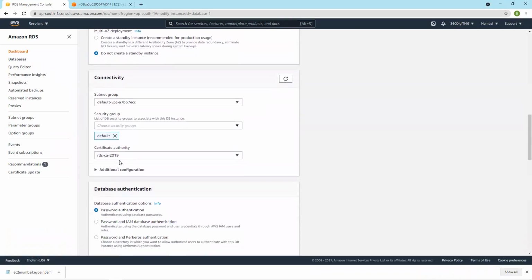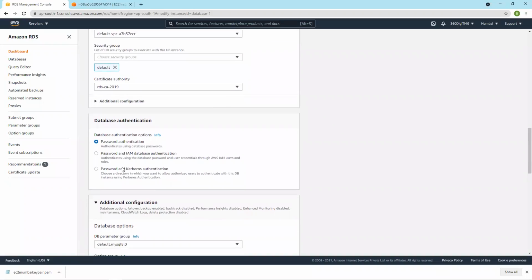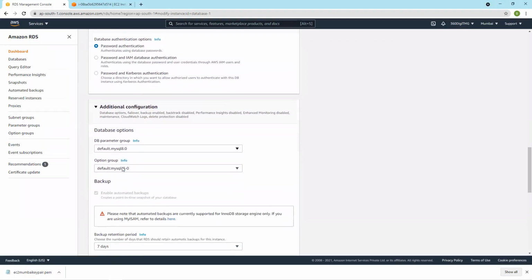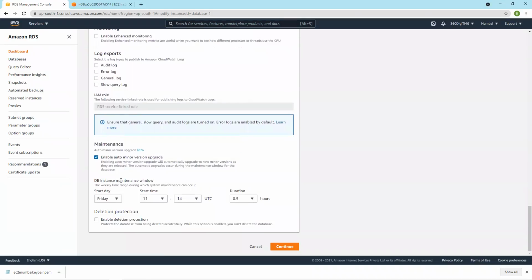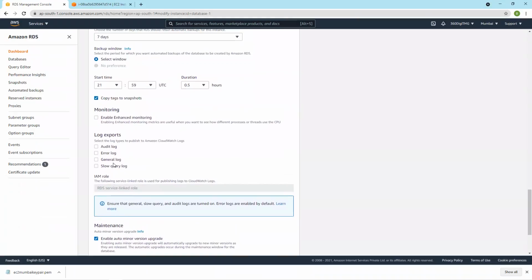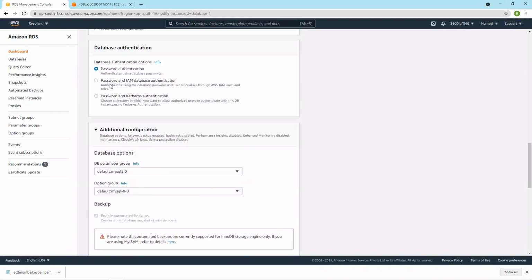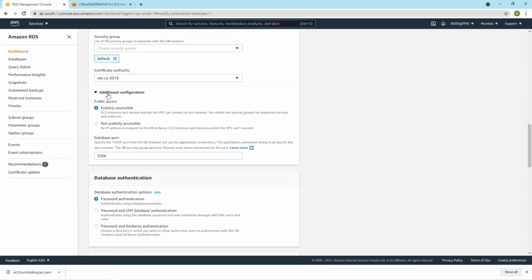Subnet group, security group, certificate authority, password authentication is yes. It's publicly accessible.